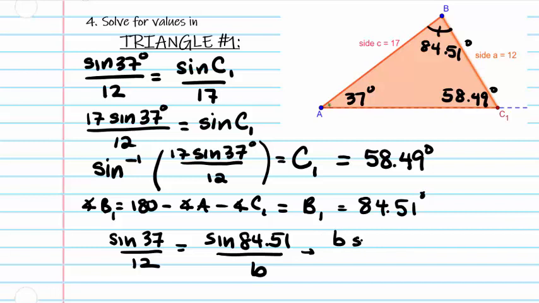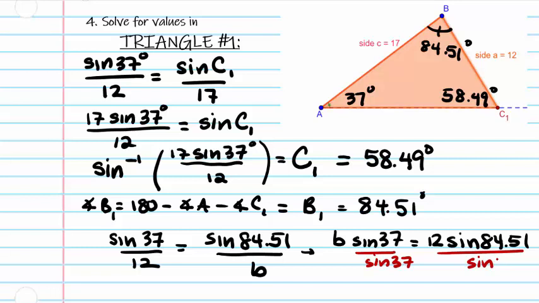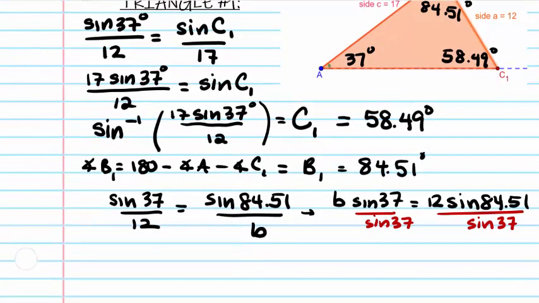before I go ahead and use this to make a calculation with. So I'm going to cross multiply. So b sine 37 equals 12 sine of 84.51. So side little b, to get that by itself, I'm going to divide both sides by sine of 37. And let's get our calculator out. And luckily I have that 84-degree angle stored. So side B1 is equal to,